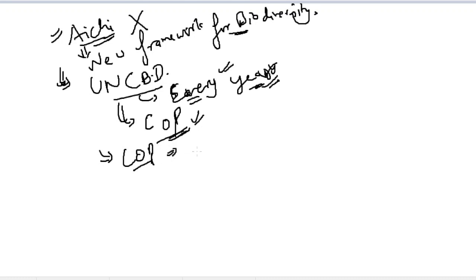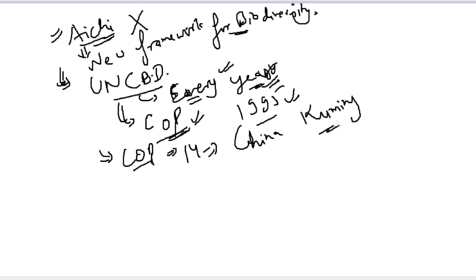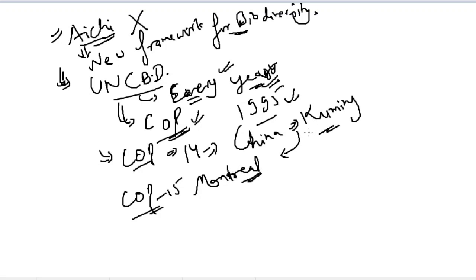Okay, COP has been organized since 1995, when UNCBD came into existence. Now COP 15 was organized by China in Kunming, Kunming city of China. And then the second part of COP 15 was organized in Montreal. But what happened? China continued its presidency with another member, so as to keep discussing this concept of biological